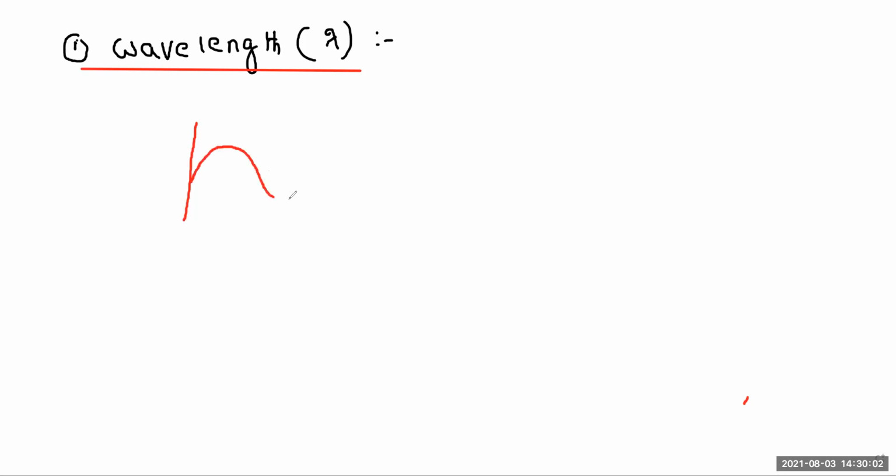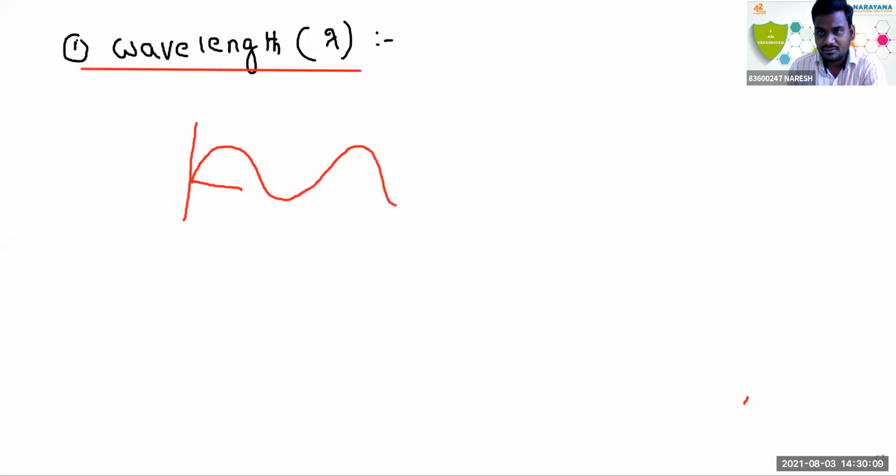Sir, what are the 6 portions? Can you say that, sir? Like wavelength and from wavelength to. This week's portion is not only one chapter, not only one concept. We have half of some basic concepts of chemistry, and the remaining half is atomic structure. For new batch students, atomic structure is there. For regular batch students, we have some basic concepts of chemistry.